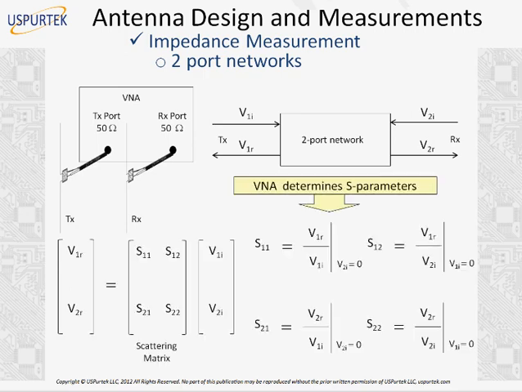Here you see the mathematical representation of a two-port network, which essentially measures the ratio of the reflected and the incident voltage on each port. So these are the equations. These are very standard equations in any electromagnetic textbook you can find. So it's pretty straightforward. The VNA measures the reflected and incident voltage at each port